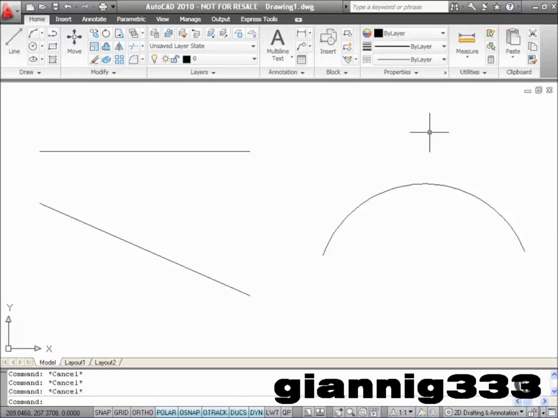This is part 2 of what's new in AutoCAD 2010, and what we're going to do here is primarily look at the new ribbon features in AutoCAD 2010. Now you'll notice that we have the Home tab here at the top of the screen,